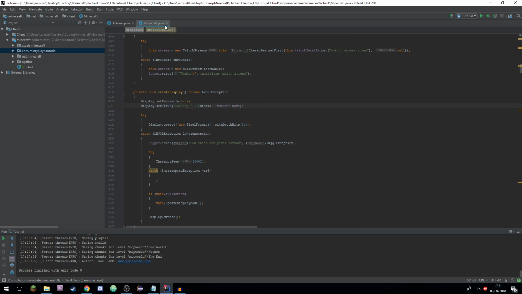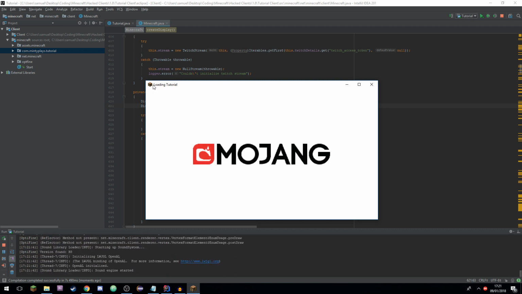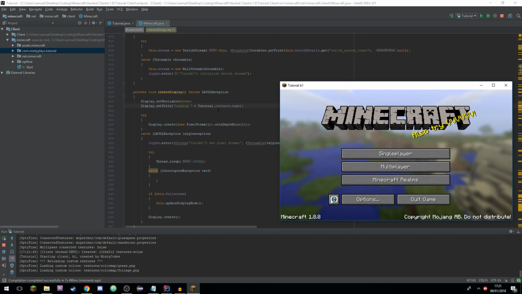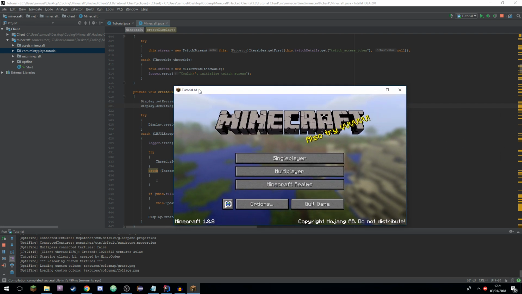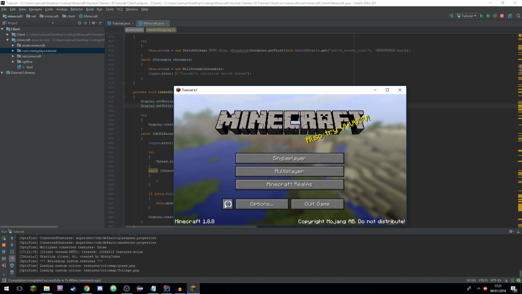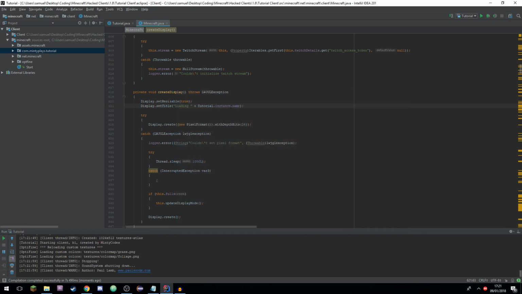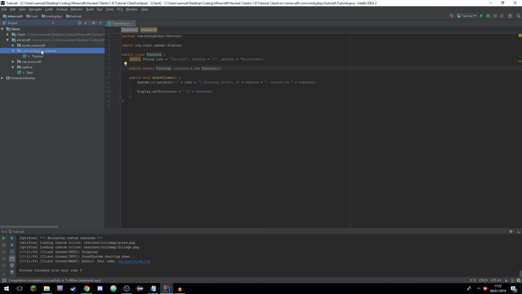So if we run this, you can see it says loading Tutorial, and that's because we did this. Now it says Tutorial build 1. And you can see down here we have Tutorial starting client build 1 created by MintyCodes. So that all works perfectly. Okay, now what we're going to do is implement the event manager,